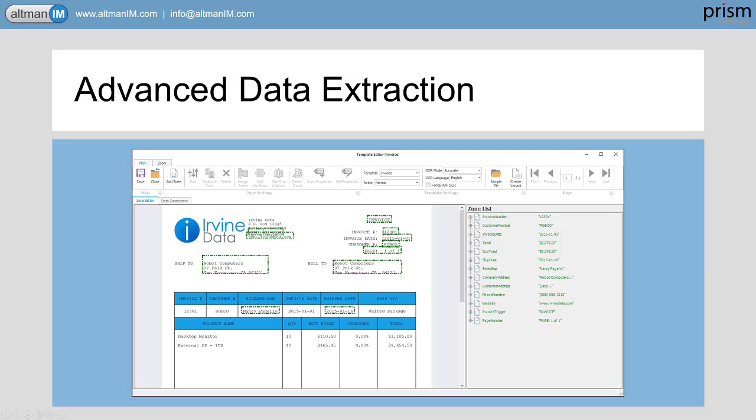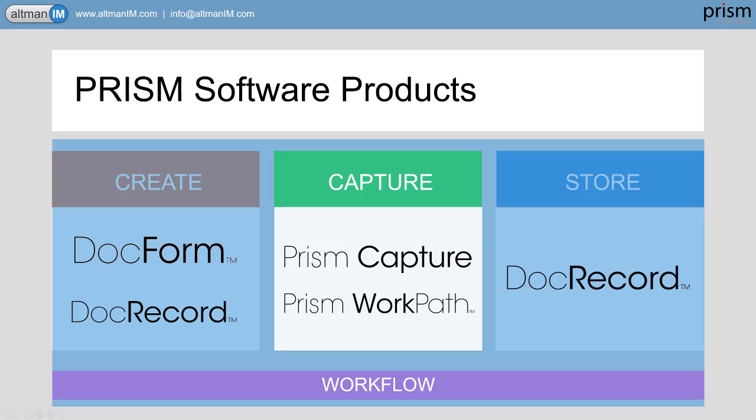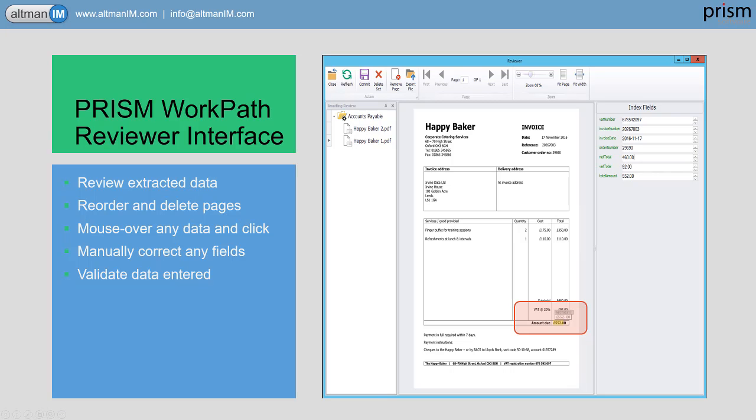PRISM Capture is server-based. For those with lower volume requirements or perhaps not having a server available, the same advanced data extraction capability is available as an add-on module with the companion product PRISM WorkPath. In fact, PRISM WorkPath also has a reviewer screen where operators may carry out verification and correction for documents processed